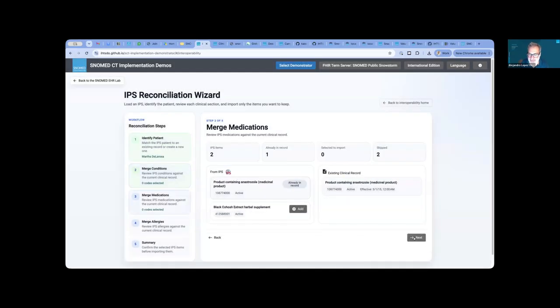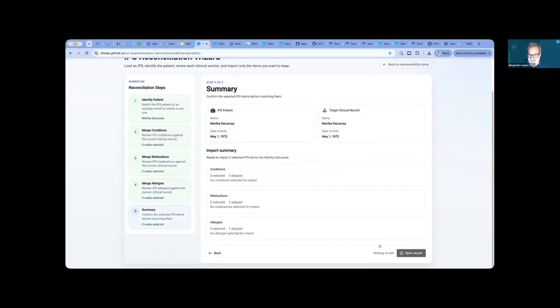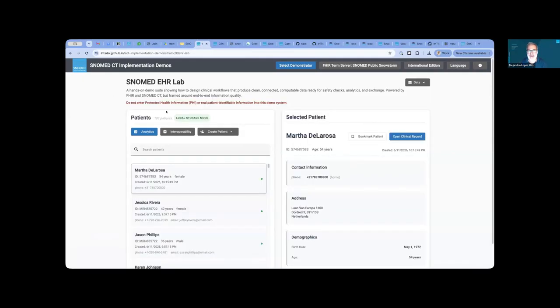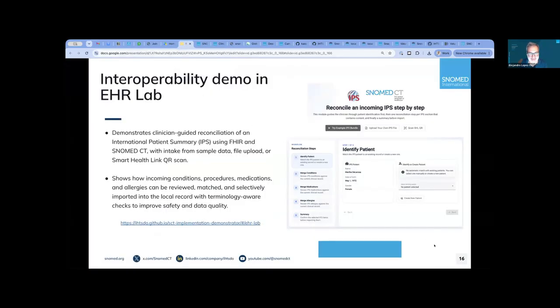And this is something that looks simple, but in reality, it's a challenge because in a world where everyone can exchange information, how will I maintain my clinical record more or less clean? And this tries to leverage the hierarchies in SNOMED to allow you to identify overlaps, contradictions, and superposition of meaning between different things.